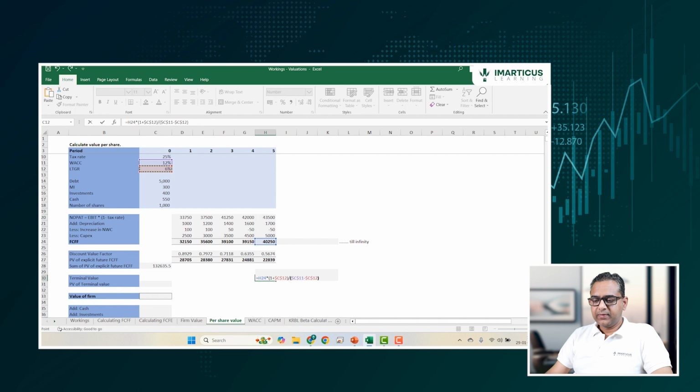Present value of terminal value will be equal to this into the discount factor, so the value of firm would be,